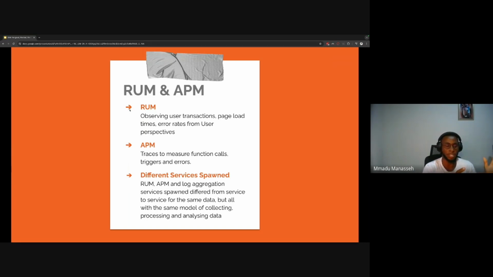But one thing that RUM and APM, not user monitoring and APM, led to was the advent of several services or platforms. Today we have Datadog. They offer you real user monitoring and APM alongside log aggregation and metrics. We have people using Prometheus, we have people using Splunk. You can count up to 100 services that offer you monitoring or observability.